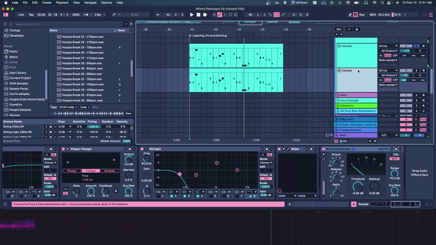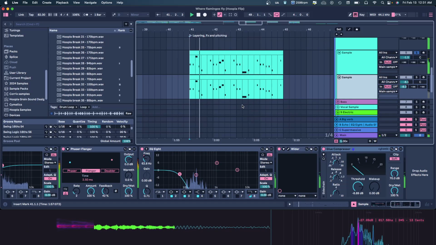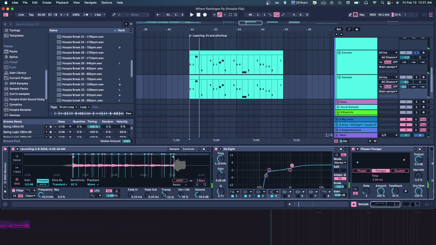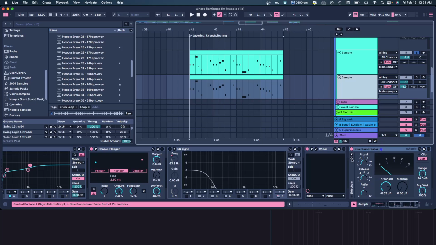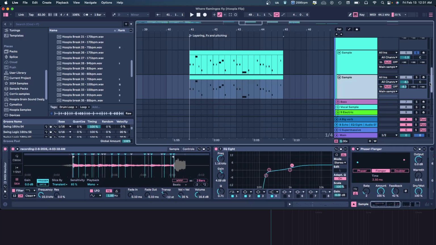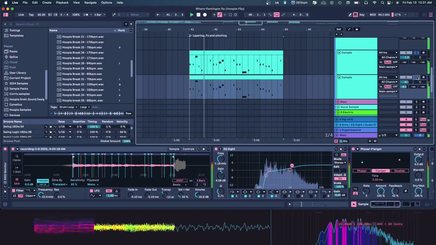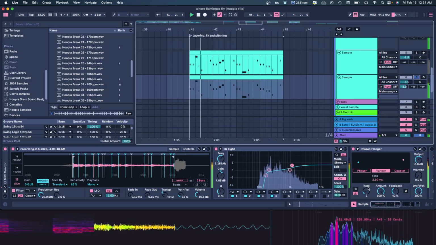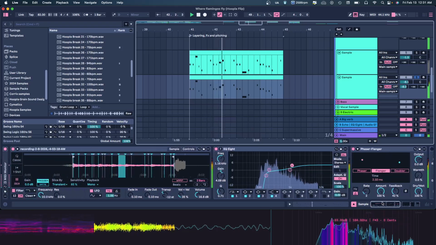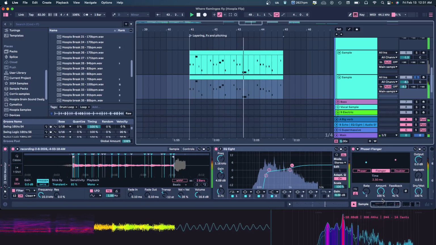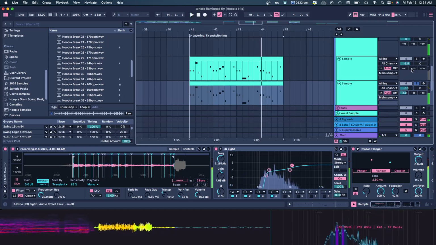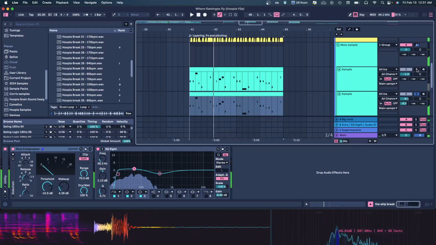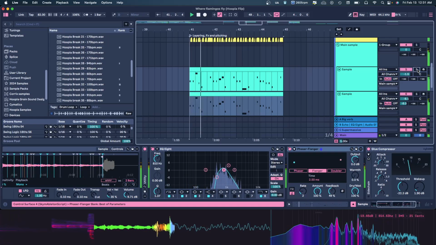So again, I wanted to beef that up. I went and pitched this whole thing. I just took this, duplicated it with all of the processing and everything, pitched it down, and so I got this. So just the low version. And just that with the drums was really cool. And then adding back this high layer gives it back the